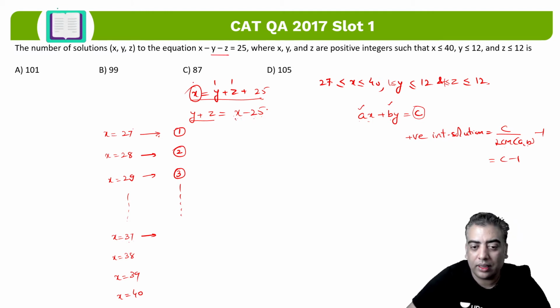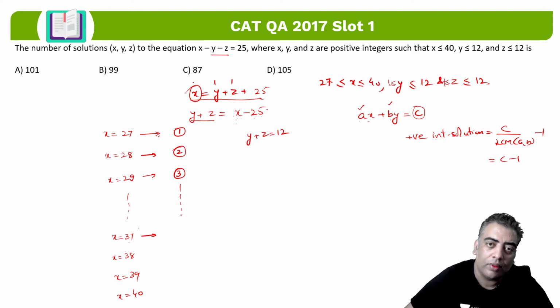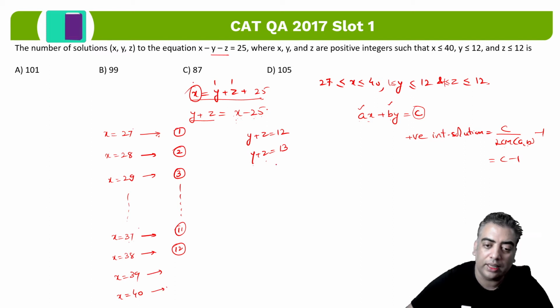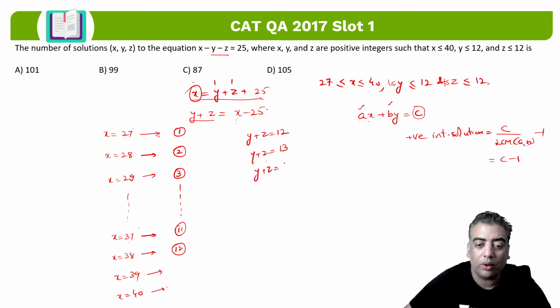Here I have to keep in mind that the value of y and z is less than equal to 12. So when x is 37, y plus z comes out to be 12. So right now there is no restriction on the condition, right? So it is taken care of. We can say straightaway total number of solutions will be 11. When you take x as 38, y plus z comes out to be 13. So if it is 1, that is 12, still all the cases will come in. But the moment you come across 39 and 40, now you will not be getting all the solutions.